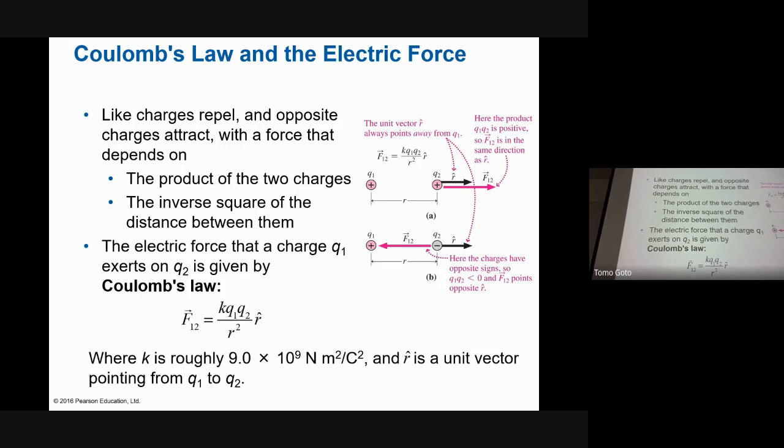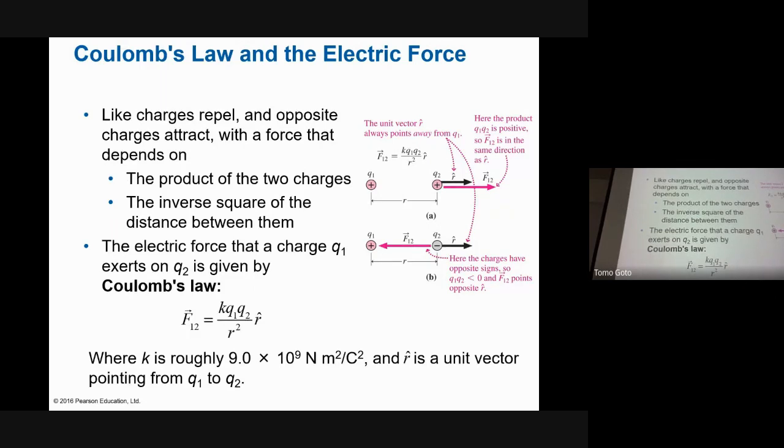So this already tells you the electronic force is not big if the distance is large. If the distance is large, this is going to be a very small number, right? But the opposite is true. If the distance is very small, this number is going to be very large, right? So that's why the electronic force is very important at micro scale. It's not so important at our human scale, because we don't feel it, like, oh, there's a positive charge, I push. We don't feel that, right? But it's a big force for electrons and small particles.